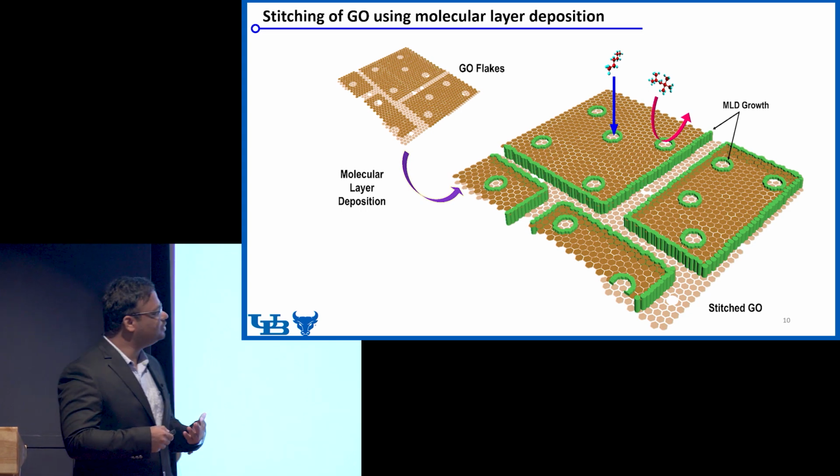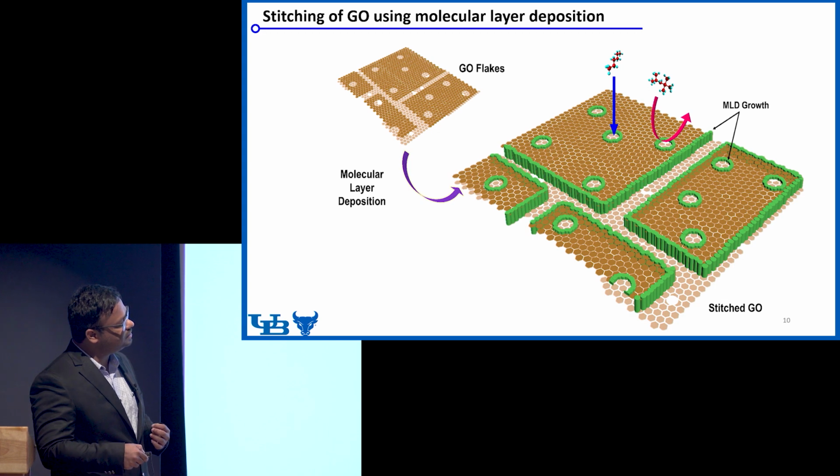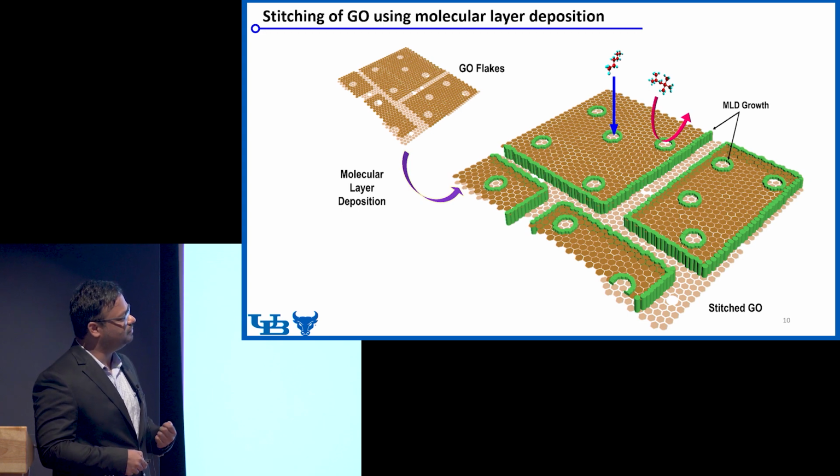So when this material grows on these hydroxyl groups, it ends up growing at the edges of the graphene oxide flake and at the pore mouth of the flake. Since these are dense materials and do not allow any kind of permeance, we end up eliminating the transport pathway through the edges of the graphene oxide flake. And this modified defect